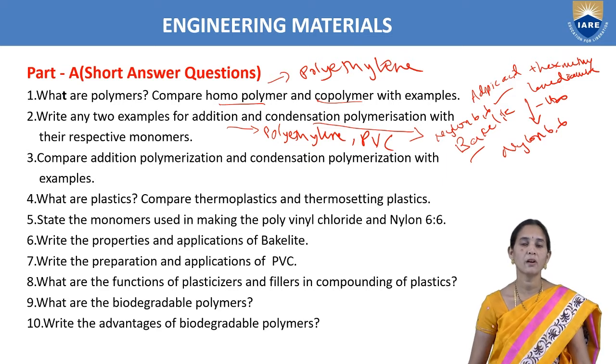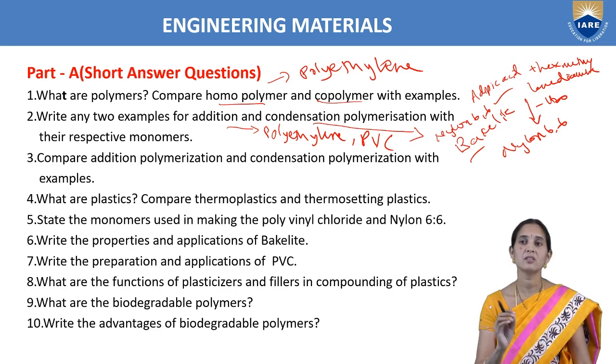So these polymer materials have weak bonds between the small molecules. Polymers like polyvinyl chloride, polystyrene, or polyethylene: when we are heating a polythene cover, what happens? We get a soft material. These kinds of plastics, thermoplastics, become soft when we heat them. When we cool them, the material becomes hard.